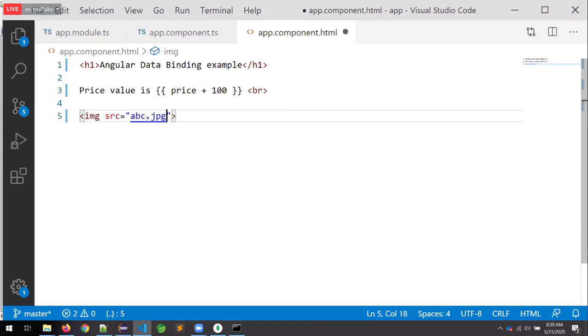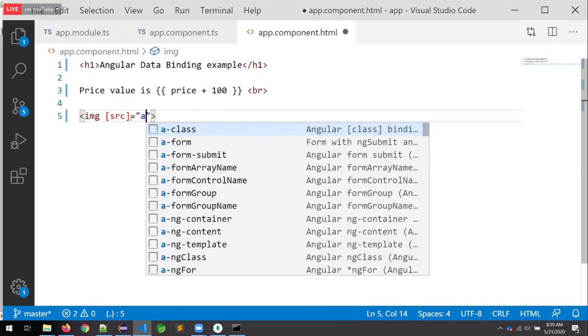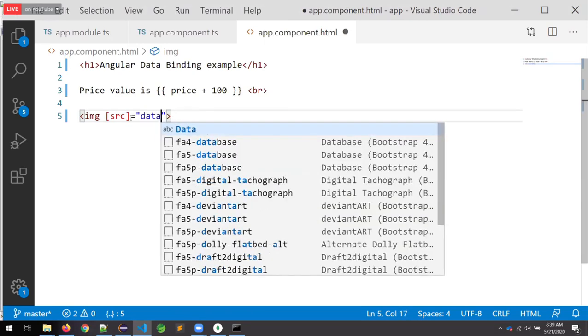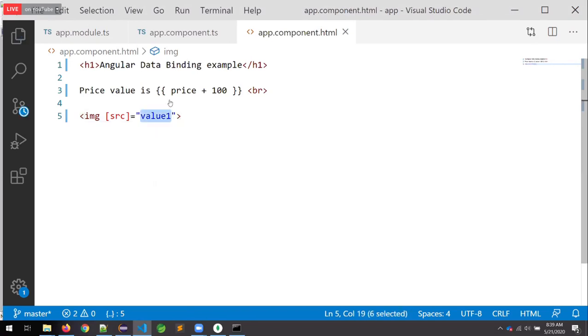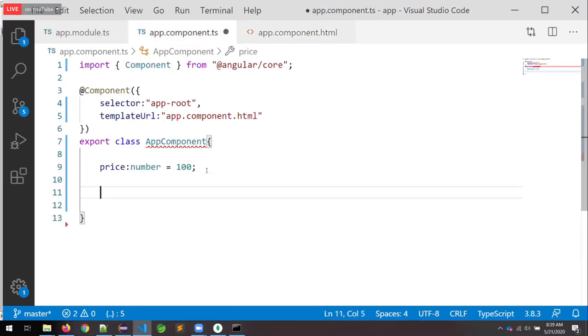I want to configure the dynamic image. So now observe. Db value.